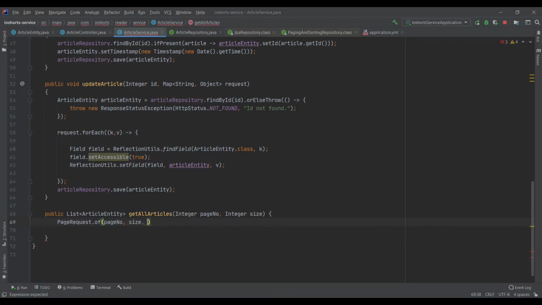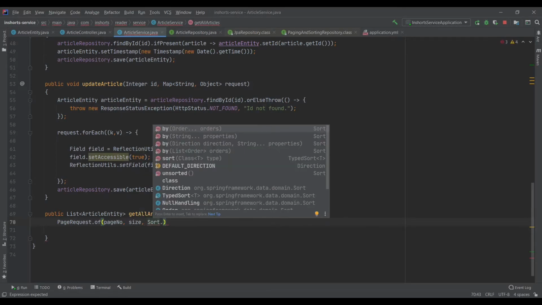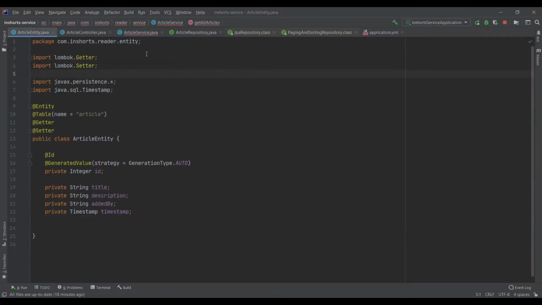For sorting criteria, we're going to use descending sorting, so that the latest article would be the first one, and we can do that with the help of timestamp, since a timestamp is added to the article when you're creating it. For sorting, we're going to use this class called Sort, from this domain package, and we're going to use this method called by. In this, we can add the name of the variable with which we want to sort. In our case, it would be timestamp.